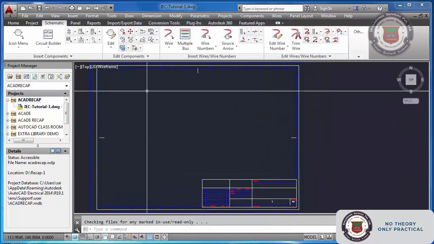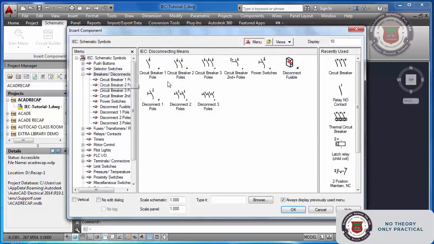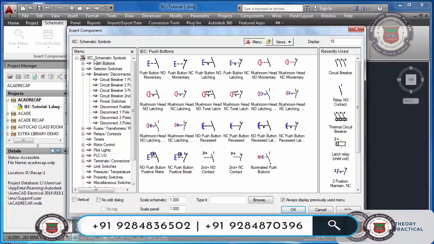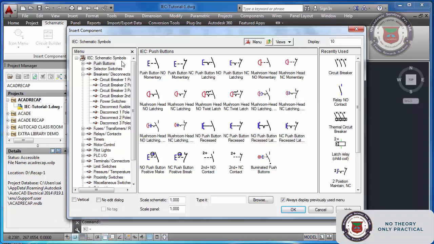Now if you go and see the icon menu here, it will be totally different. Earlier it was not like this. It was JIC format. Now it is IEC. Here you see IEC schematic symbol. This is how you can set the directories for IEC and JIC.